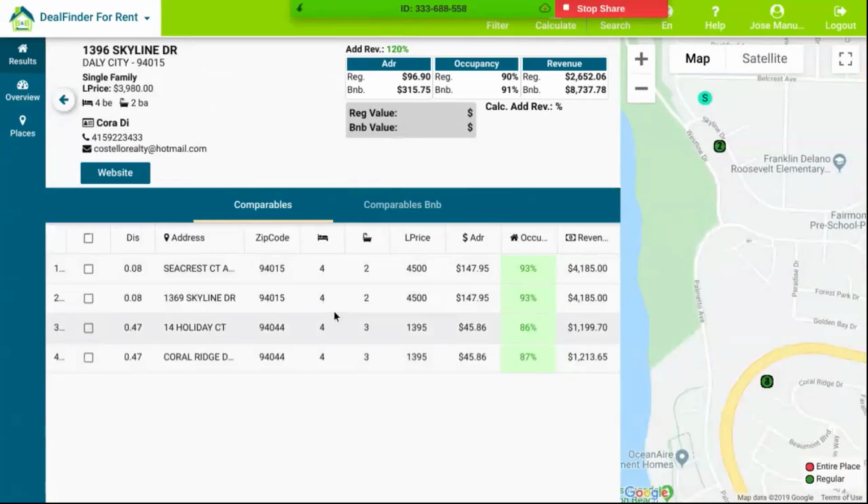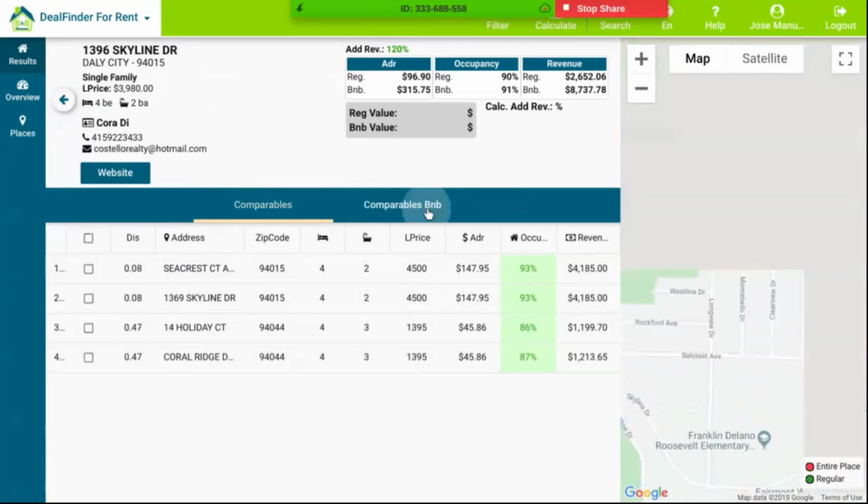So here we have the regular rental comparables. Okay, now these are the listing prices for the property. This one is listed for almost $4,000 a month. Okay, and all of the properties that are in the area look like basically the same thing.